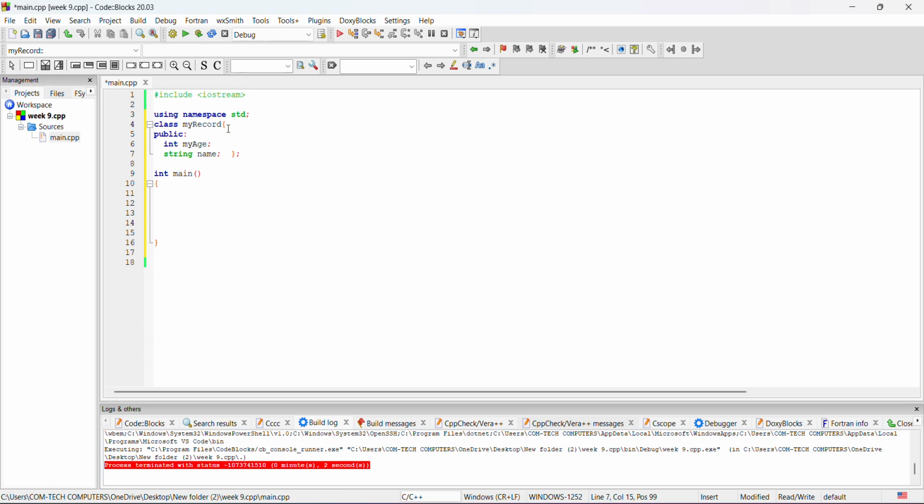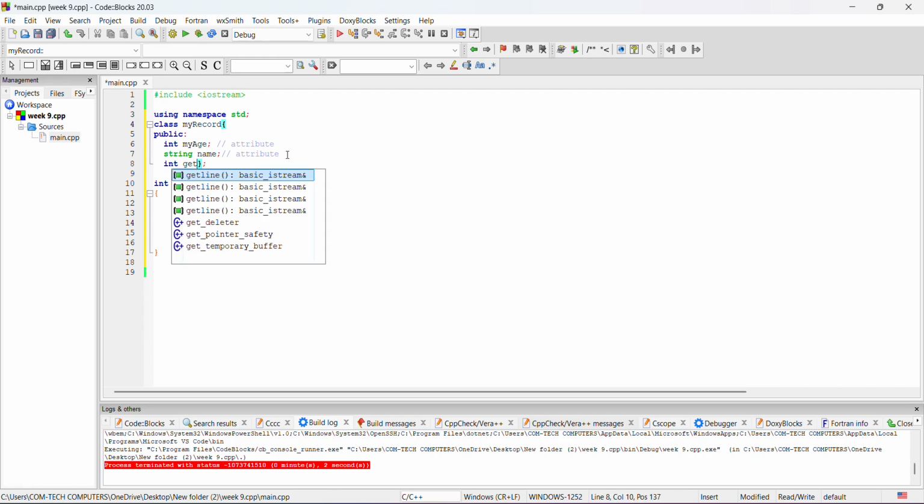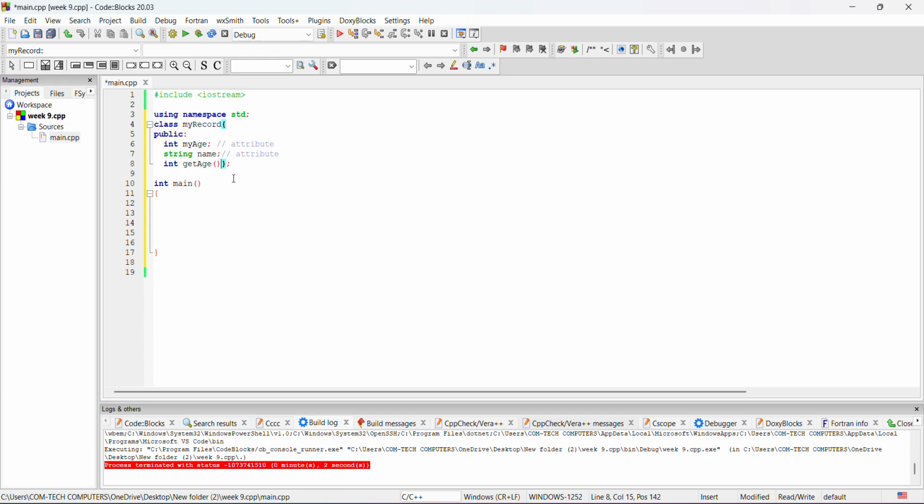So these are attributes. Okay, let me comment it for clarity. Attributes. Then this one as well is also an attribute, right? So that you can see what I was talking about. So yeah, these are attributes, okay. Then methods. Let's count down to methods. So int get age, right? So a function is basically a method, right? A function is basically a method. So this is a method,